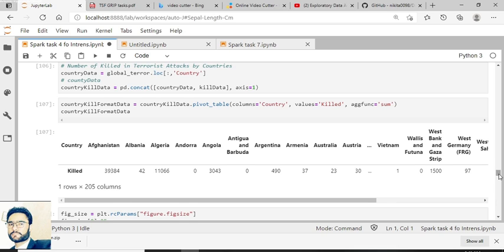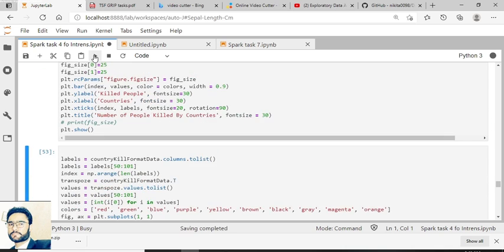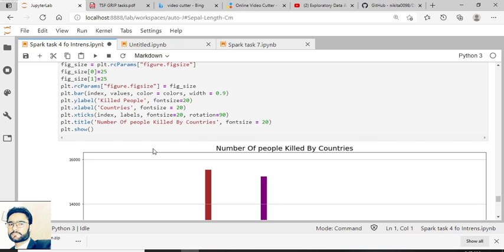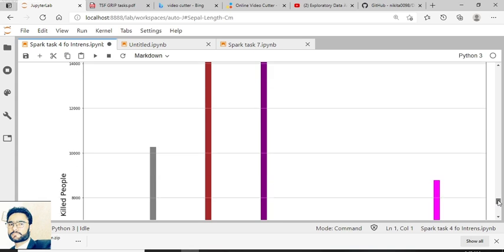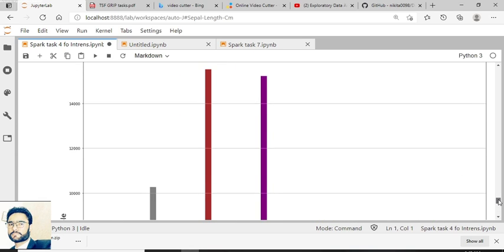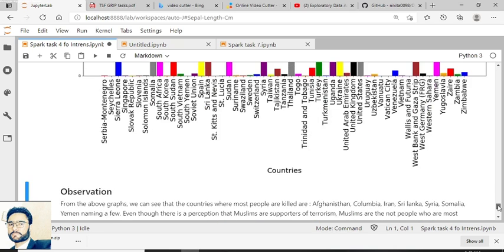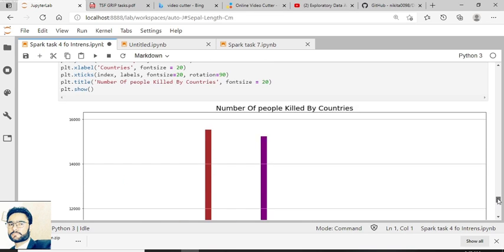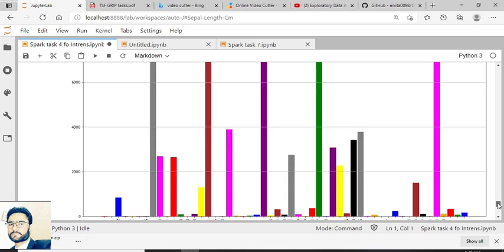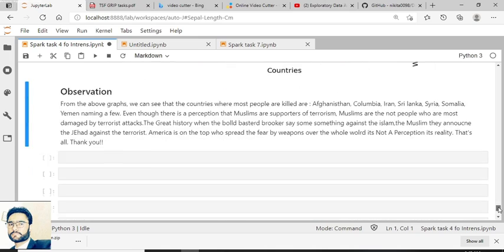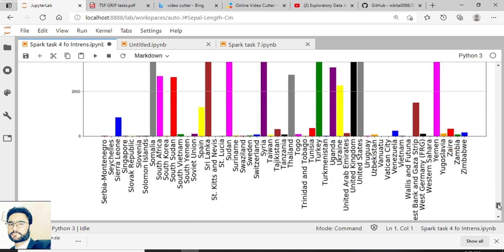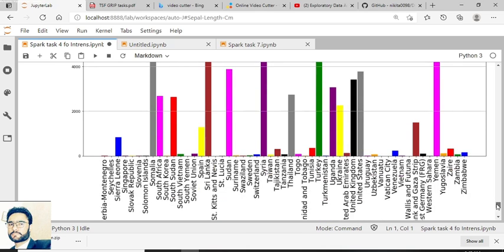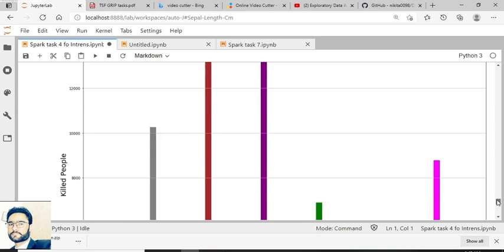When we plot this, that shows a good depiction. So just run this code and observe. From the graph here, you can see this one. The highest point is in the red line. The red line shows Spain, not Spain, it is Sri Lanka. So Sri Lanka is a high point where different types of terrorism occurred. It's not good news. The next one is Syria, and after that Somalia. So it is not so good.